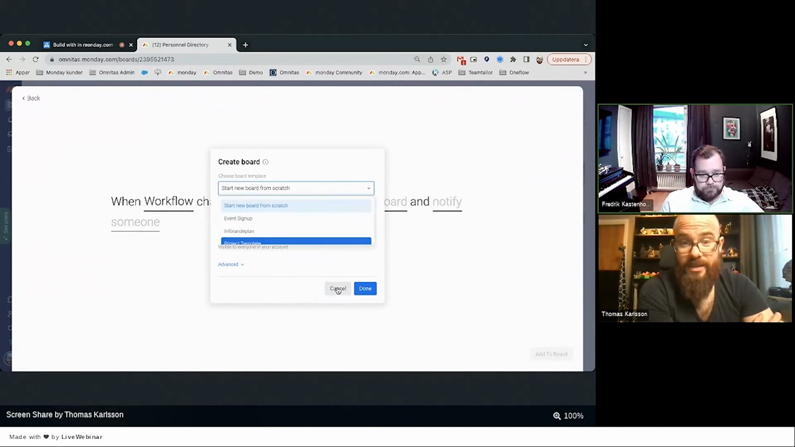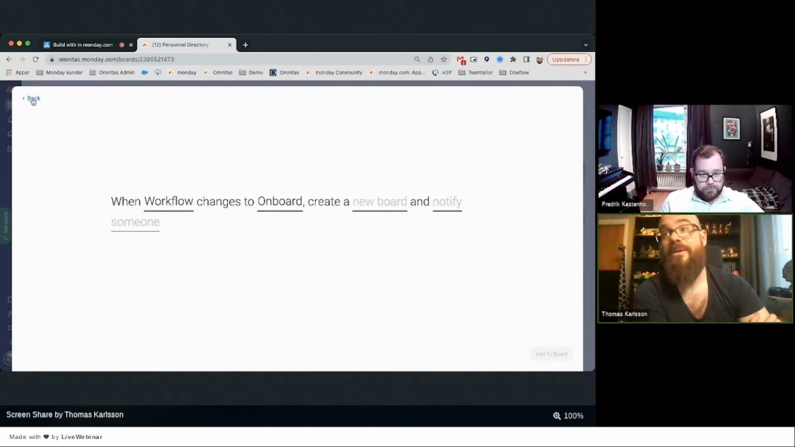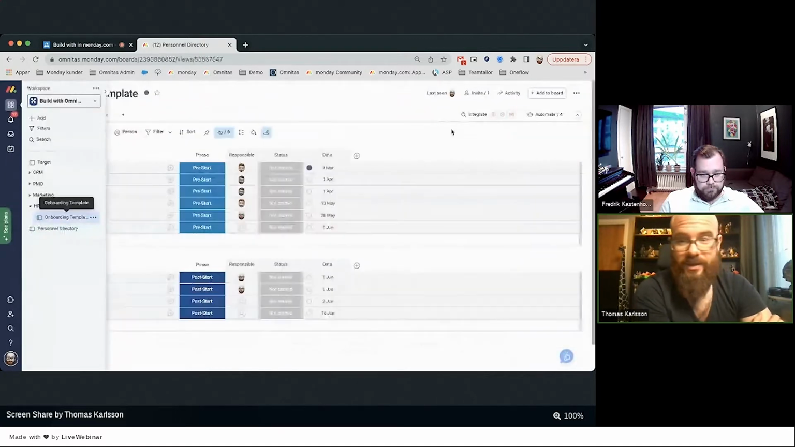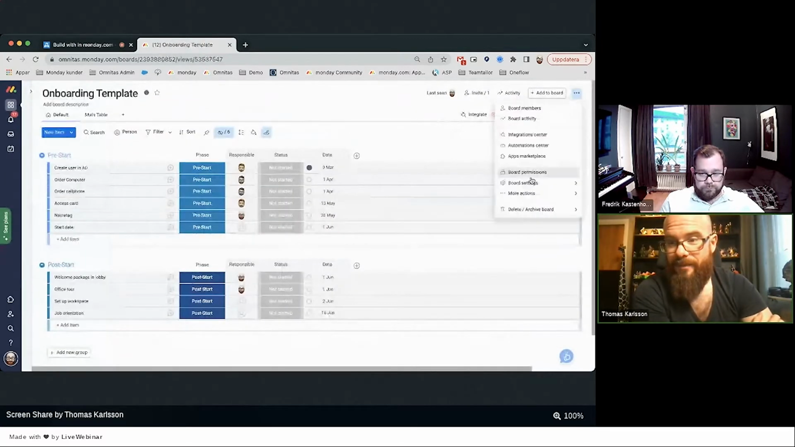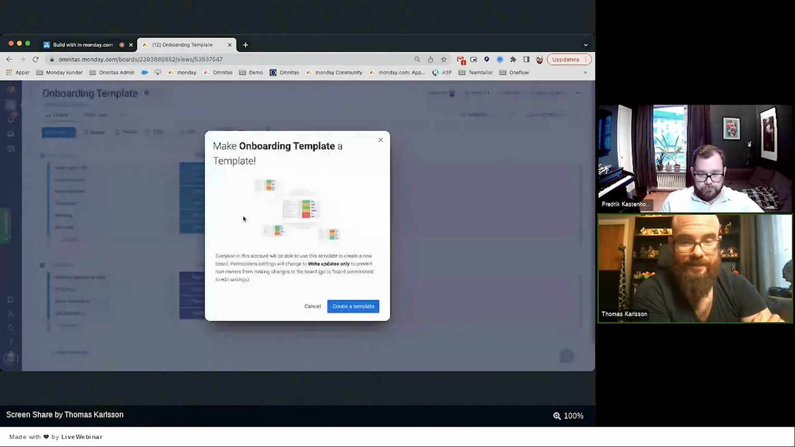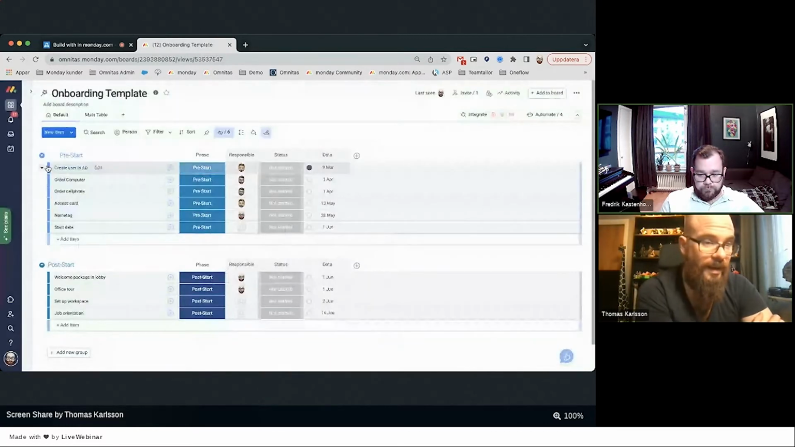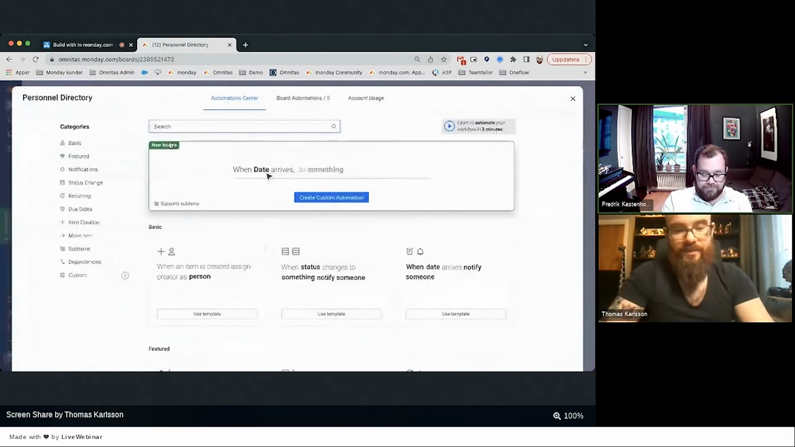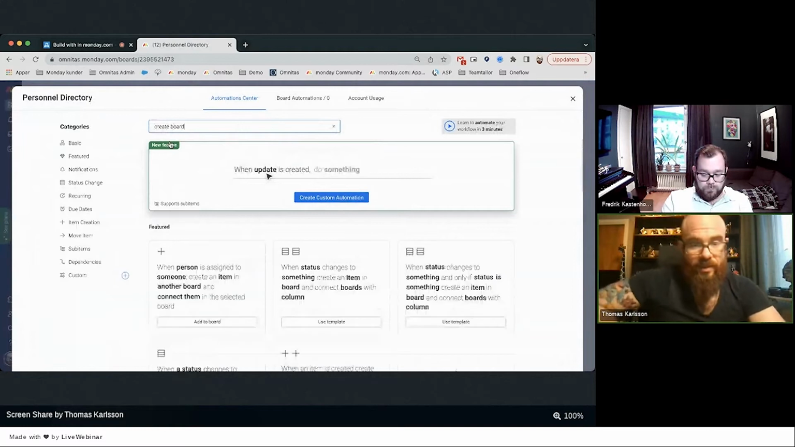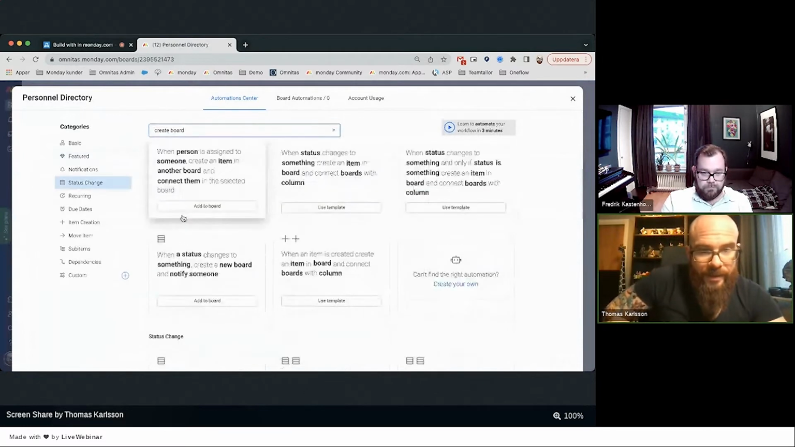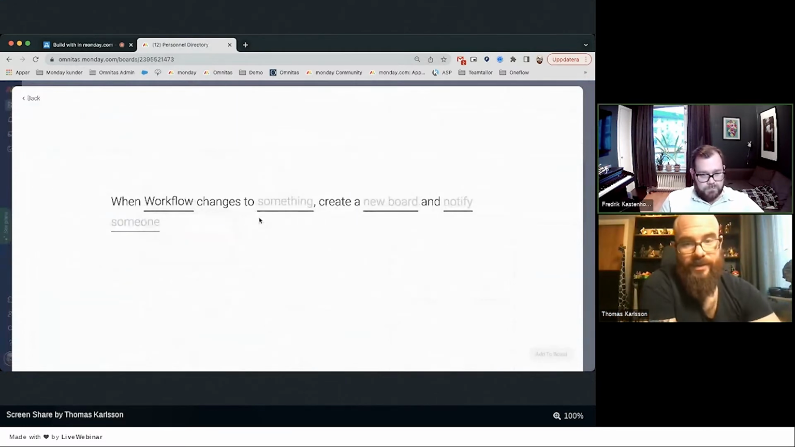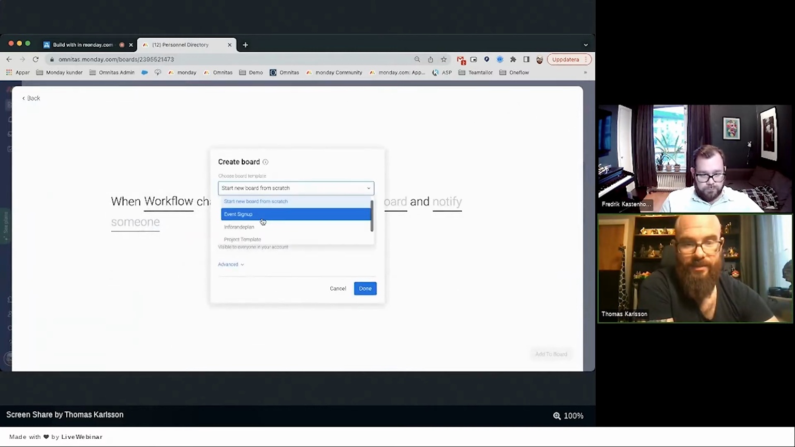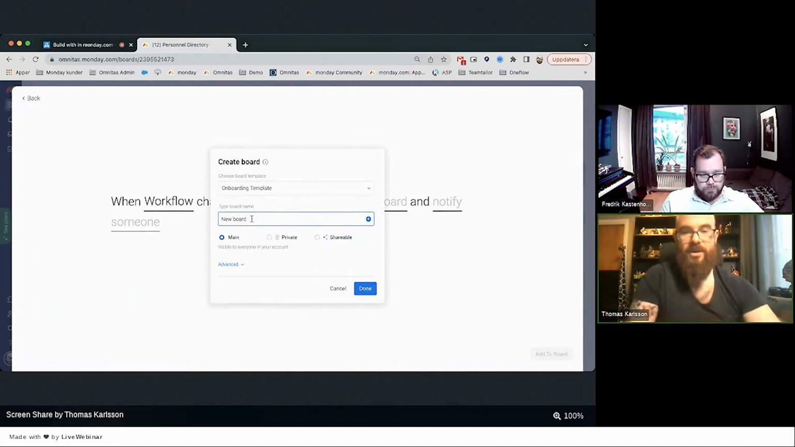Oh, yeah. And you know what, guys? We didn't make our template into our template. So let's do that to begin with. More actions, save as template. Let's go back here and find that. Create board. So when workflow changes to onboarding, create a new board based on the onboarding template, and let's call it